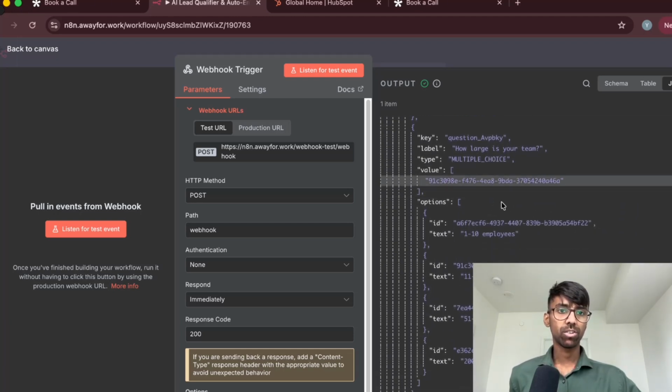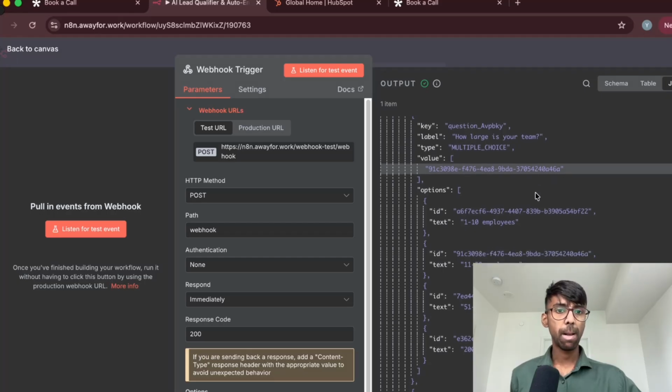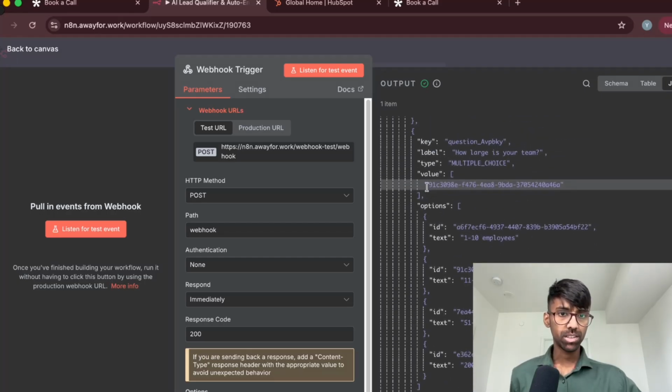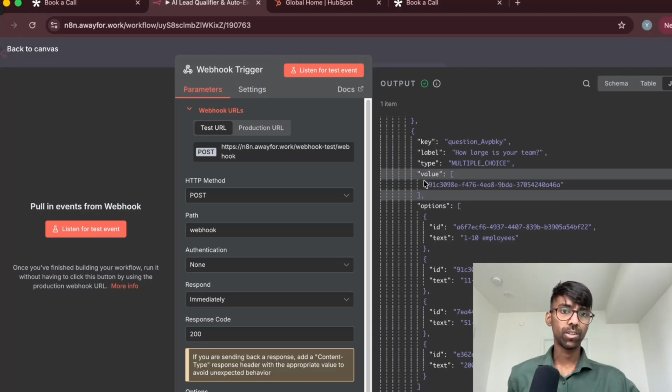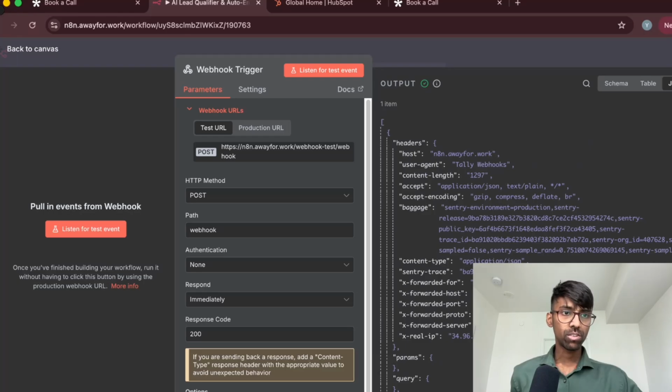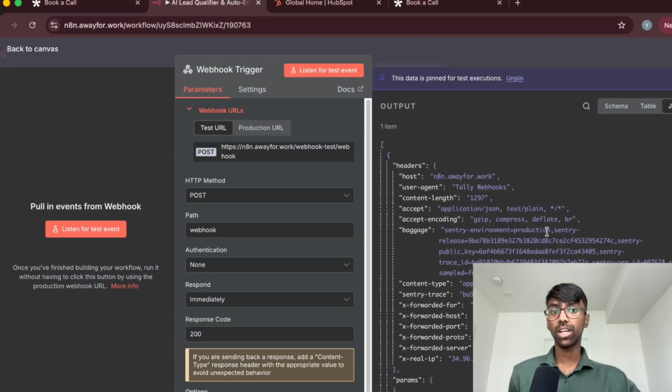This is a multiple choice question. How large is your team? I selected 11 to 50. So you can see that this is the ID that we got. This is the ID of the 11 to 50 choice, and this is what we have in the value field of this JSON array. And then the last question was the biggest challenge, and what I entered is right here. So what we want to do now is pin it so that we have this value of this form accessible